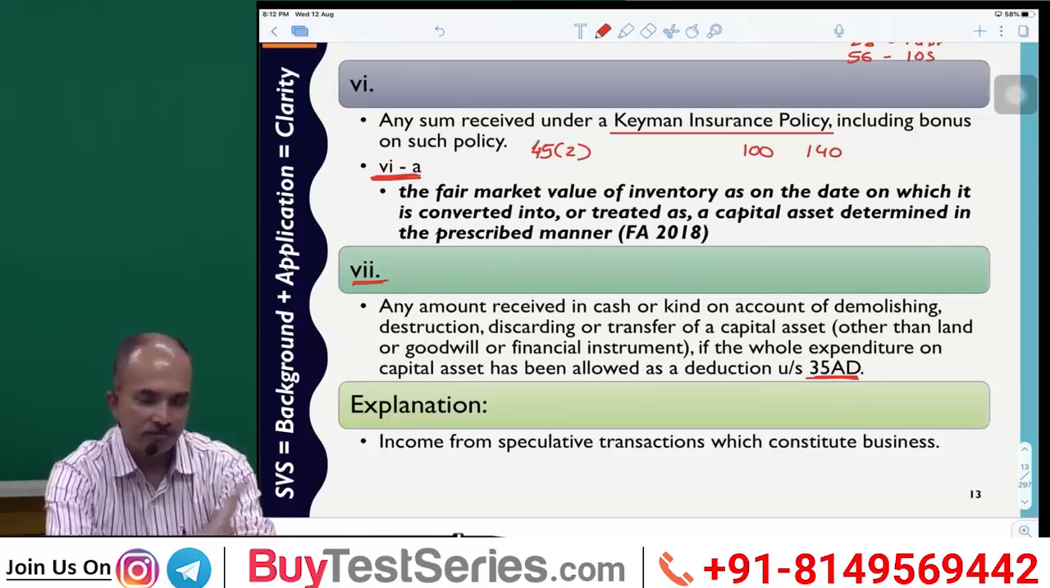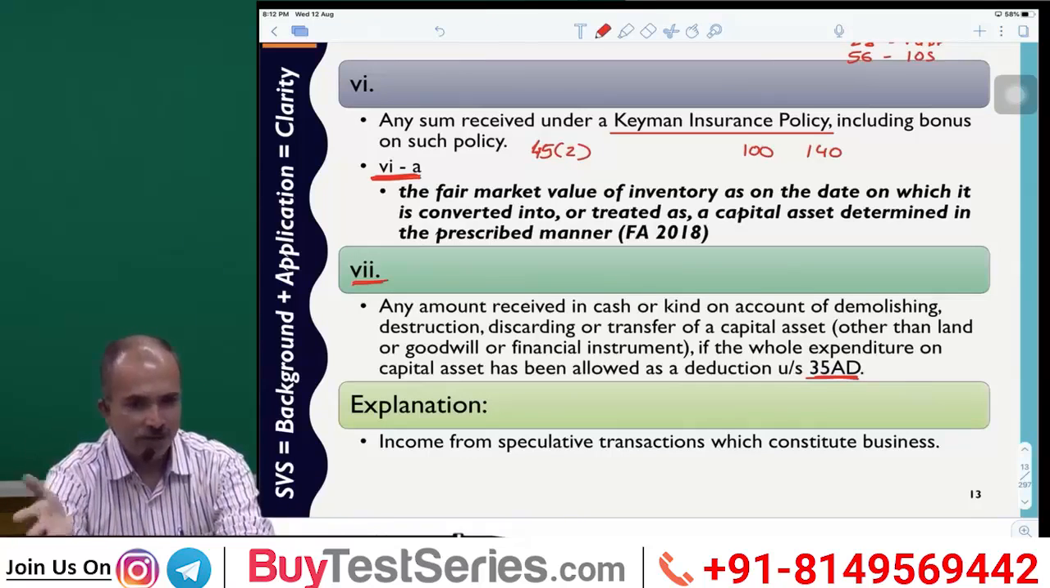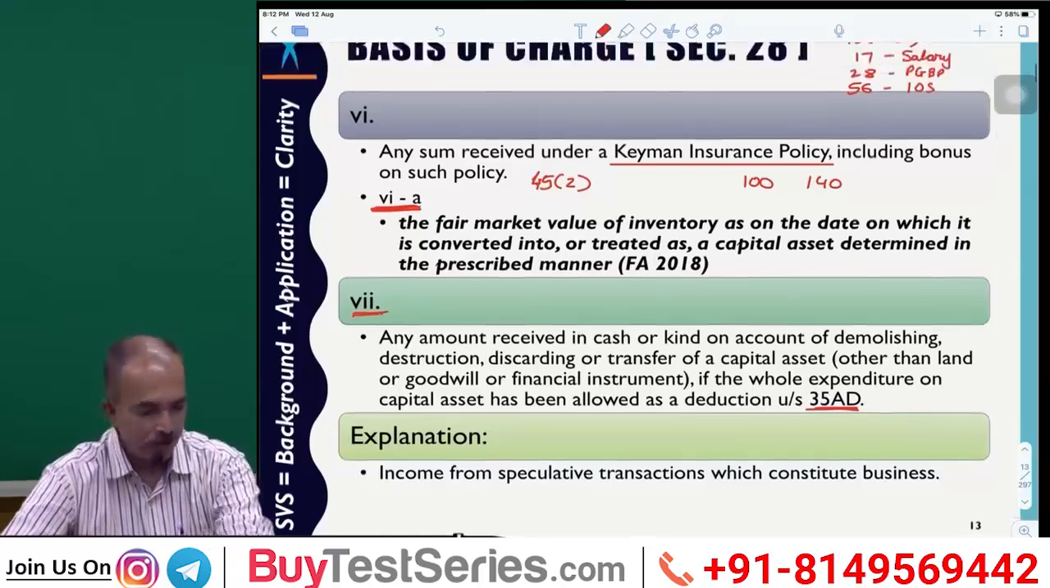28.7 says whenever you sell it, sale value is business income. Logical. Because if I sell it for 5 or 500, it has to be my business income in that case. Okay. Then,